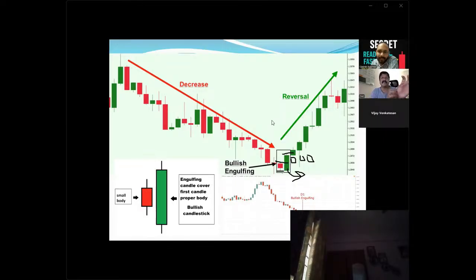After that, chances are it might also go down, right? Yes, it can go down even after this. That is why we should always use stop losses. We should wait for the engulfing candle and then take the trade when price crosses the engulfing candle. Bullish engulfing is good, and mostly try to trade it only when it is formed at the bottom. Don't try to use it at the top.